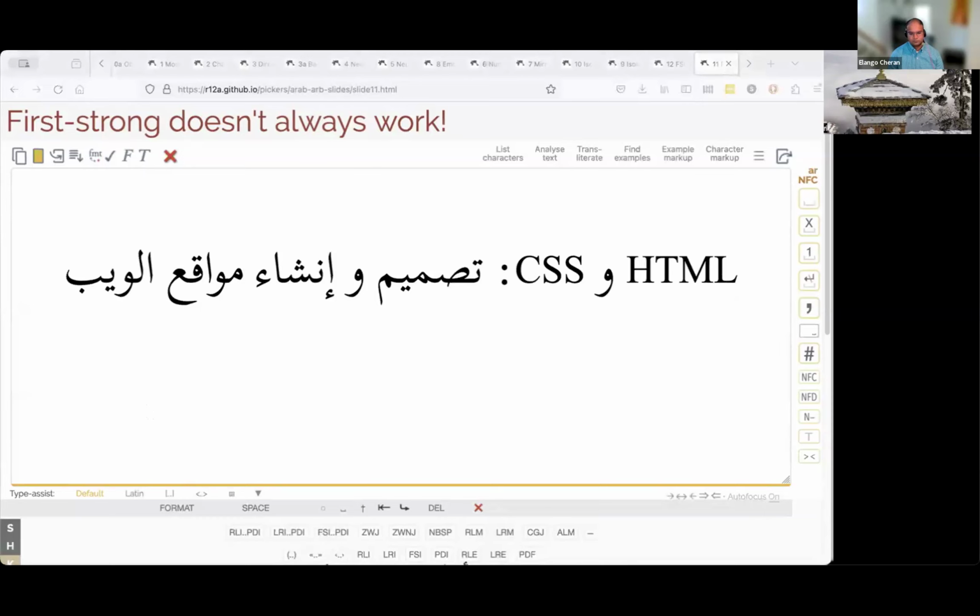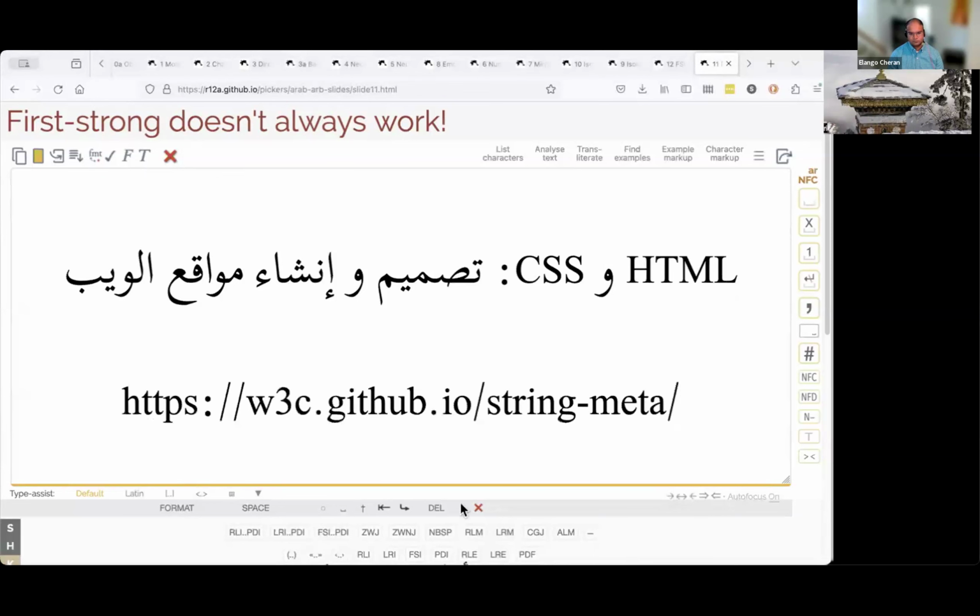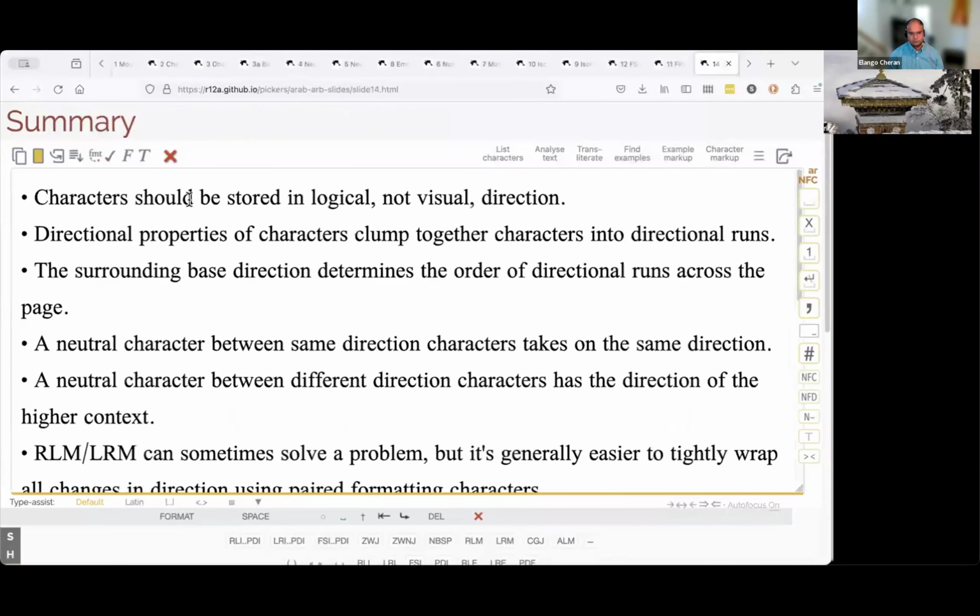So if you want to know more about that, go and read this document here, string meta. We don't have time to get into this in more detail, but there's a lot more detail at that location. So in fact, we're probably about the end of our time here. Before we finish, I want to look back over what we've talked about. It's quite a lot of stuff, even though we're still